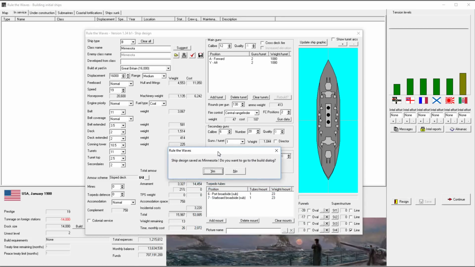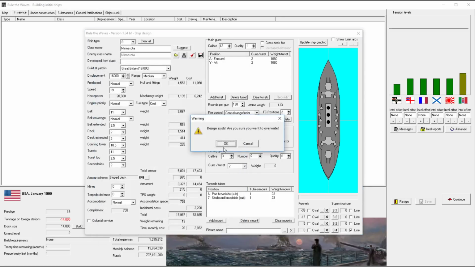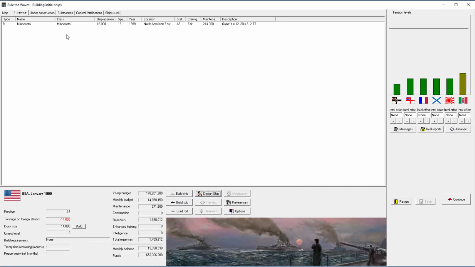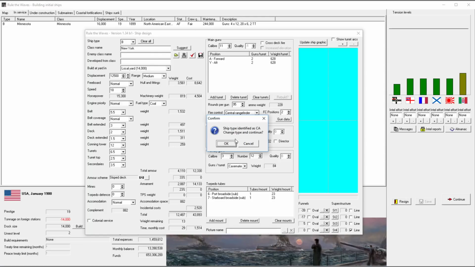Looks good. Actually, I'm going to increase this. Oh, I can't. Okay, alright then. It is completely done. Save and go. And we will build the first one, the Minnesota. We're going to get some more, but it only makes sense to see how much budget we have remaining. So before we do that, let's jump to our...